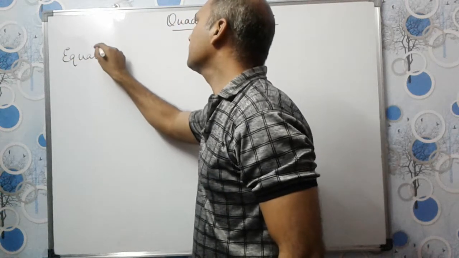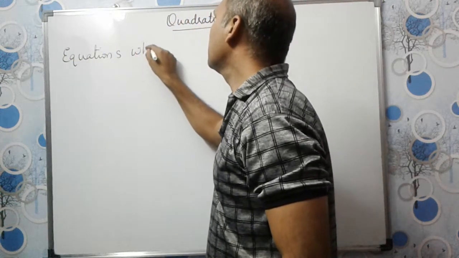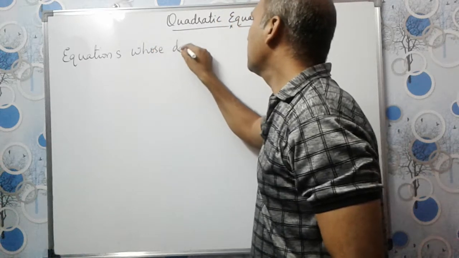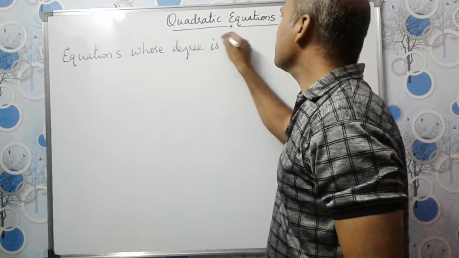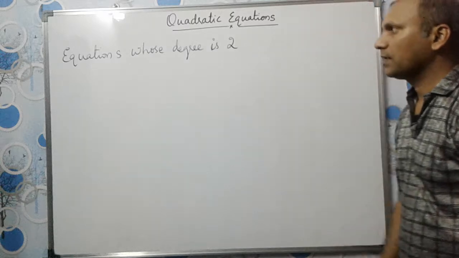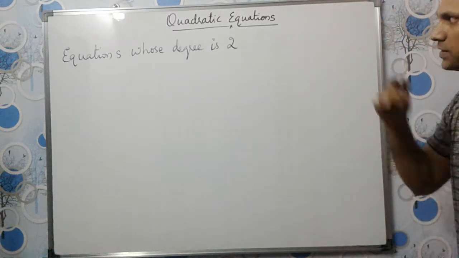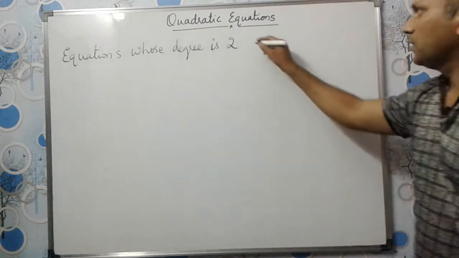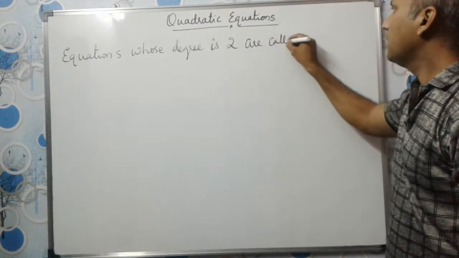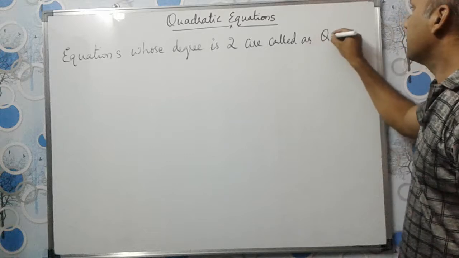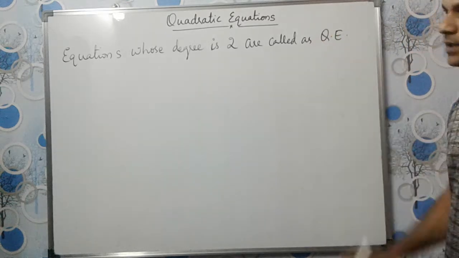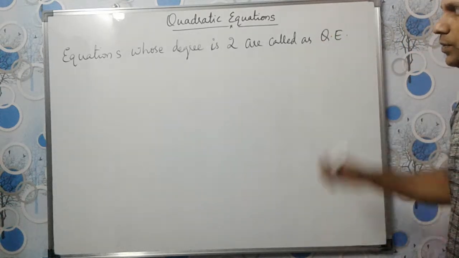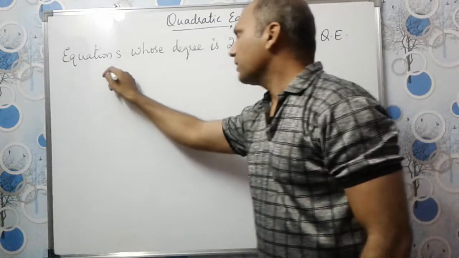Now what are quadratic equations? I'm writing the definition. Equations whose degree is 2 are called as quadratic equations. I am writing it as QE. QE is quadratic equations. Examples: